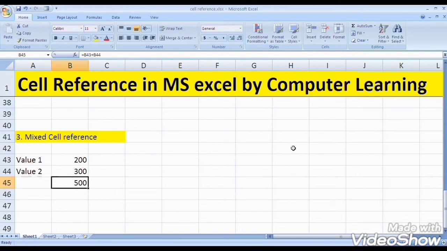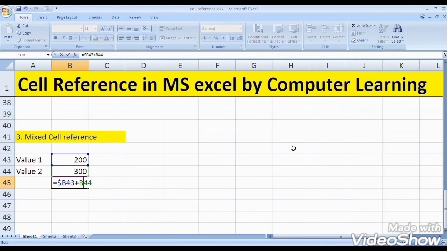Same answer. I took the same example in all three, but see, in the relative reference I did not use a dollar, in the absolute reference I used a dollar, and in the mixed reference, means absolute reference and relative reference, both a combination is there. That's the reason it is called a mixed cell reference. Only in one place I will use the dollar.